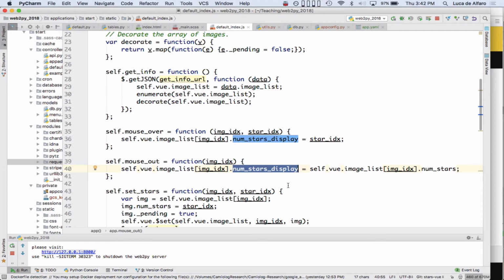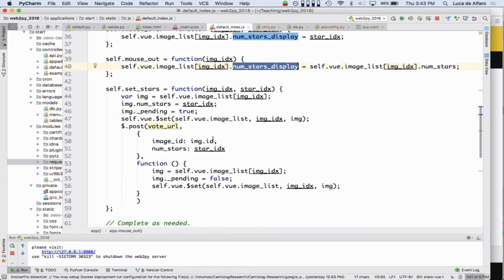Okay, and so now you can of course imagine what is the action when I click, right? What should be the action when I click? Is it here? No, it's not here. Yeah, it's here actually, so you can see it easily. The image does something like this. I take the image and I set the number of stars to the star index. So this essentially is the reverse of this operation in some sense, right? And now I affect the num stars, which is the number of true stars. And then I do a tiny bit of stuff. Now I say that pending is true. This means this will display the spinner that I'm waiting to send the confirmation to the server, right? And then I say,